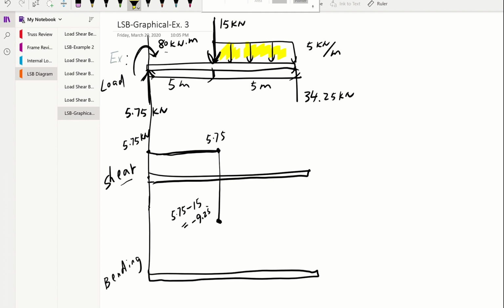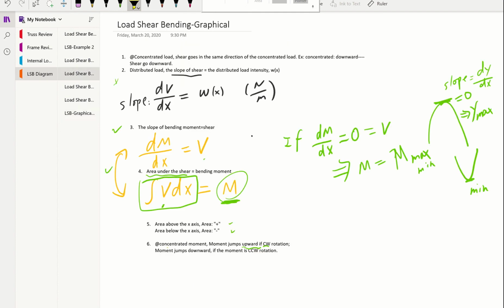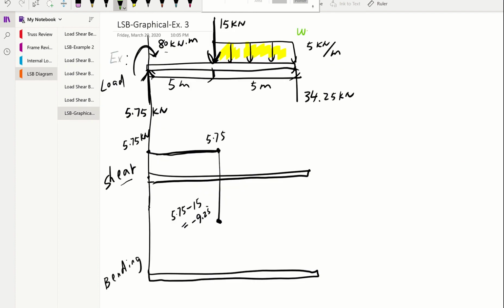How do we cope with distributed load in graphic approach? Let's go back to our rule. If we have a distributed load, we have this rule. The slope of the shear is going to give us the intensity. In other words, using the integration method, if I were to integrate the distributed load intensity, that will give us the shear. Okay, so keep that in mind. What's our omega? That's our intensity, 5 kilonewton per meter. So if we integrate this intensity, omega, it's going to give us shear,